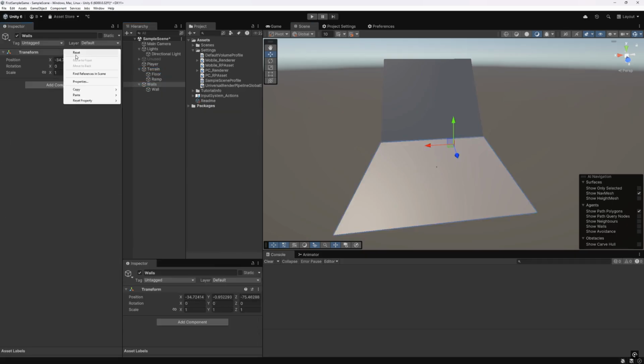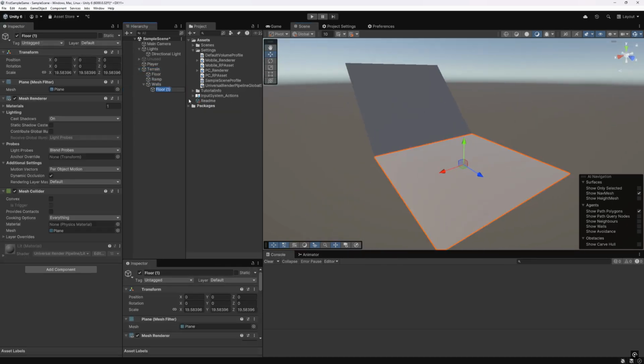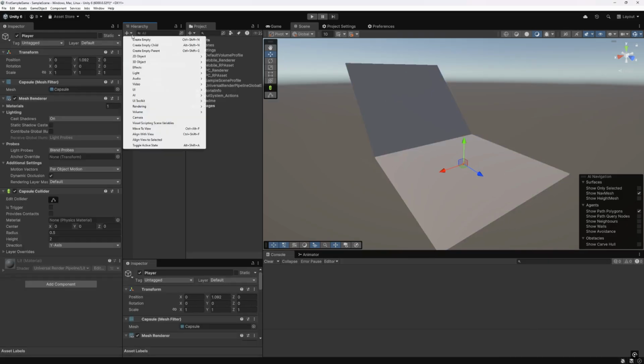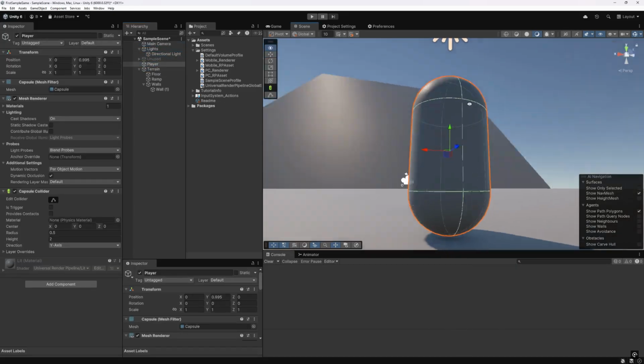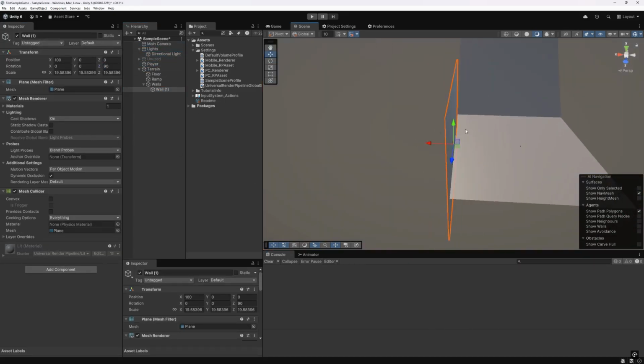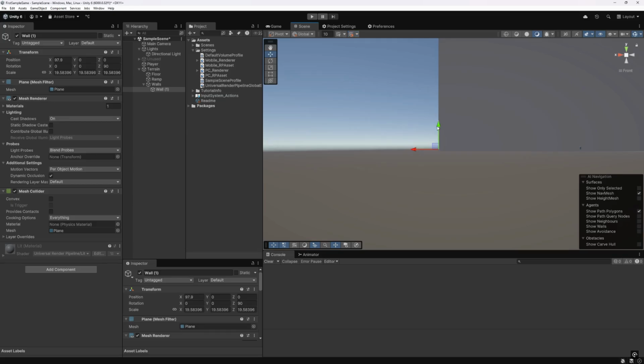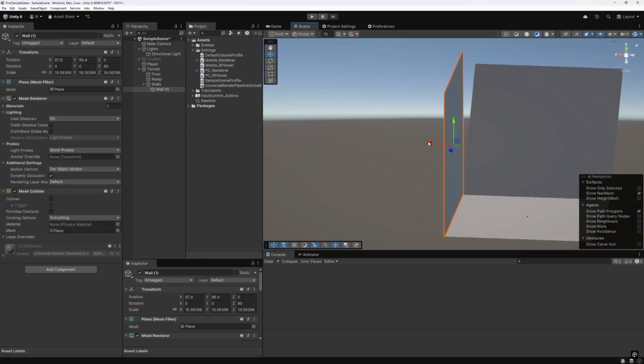I duplicate the floor, which will become one of the walls, with the Ctrl D shortcut. Make a group for walls in the terrain group. Changing position, rotation and scale of the walls and duplicating them to make the final walls section. By the way, they are now planes, but I changed them later to be proper 3D shapes for proper collisions.